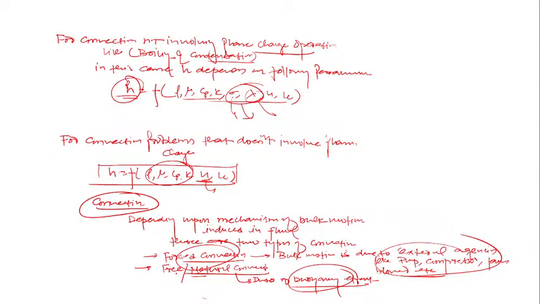Clear? And as far as property of the fluid is concerned, it is the same here, only the velocity is changed. So in which mechanism of bulk motion is the fluid velocity higher? Obviously in the forced convection. In the forced convection, the velocity of the fluid in the bulk motion is much higher than 1 meter per second, while in the free or natural convection, the velocity in the fluid which arises due to difference in density is less than 1 meter per second. That's why the heat transfer by forced convection is much higher than free convection. Clear?